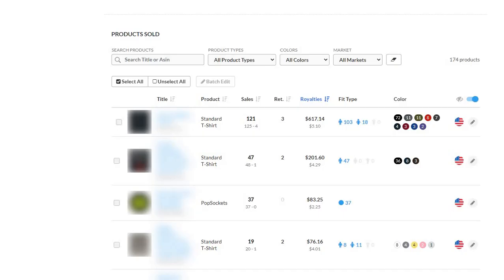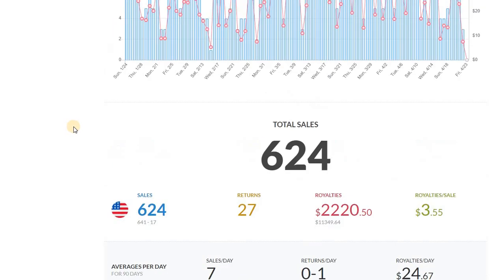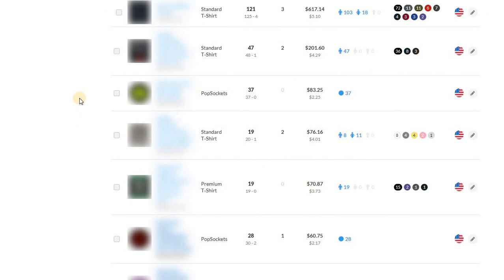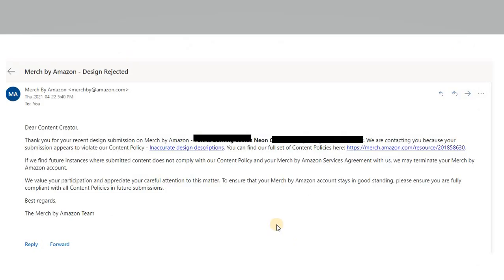Now, where are we? I think it's this. There we go. So in the last, what are we looking at here? I just want to make sure I have the timeline correct. The last 90 days, 37 sales of the item where the first word of the description is neon. And that's where my confusion came in, because I've used the word numerous times. One of the best-selling products, the first word is neon. And then to get so many rejections.